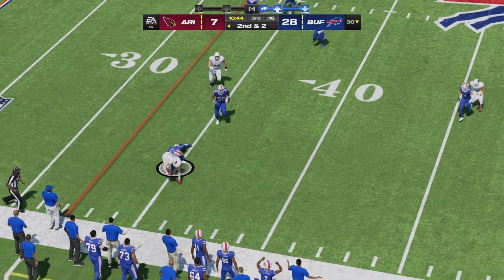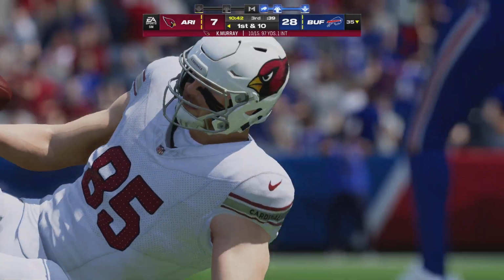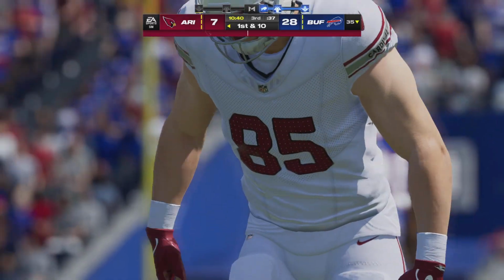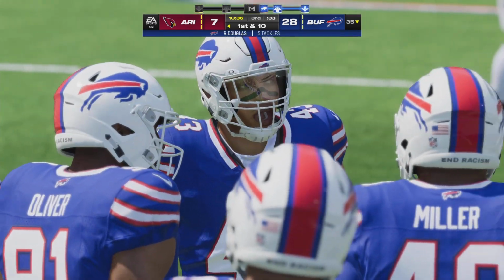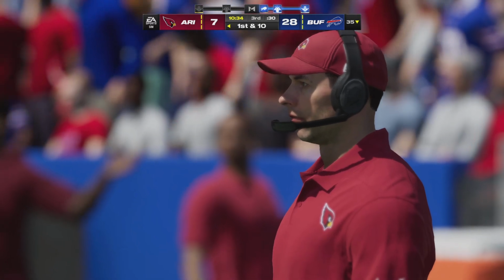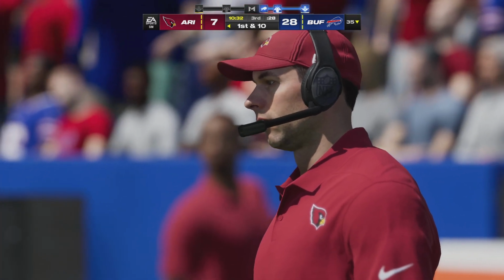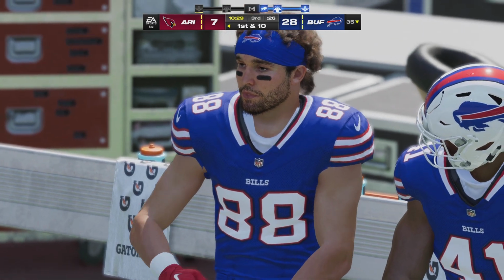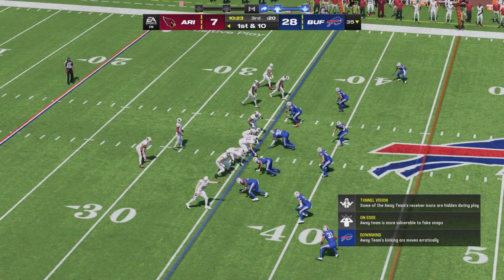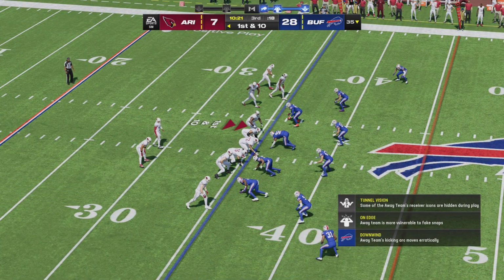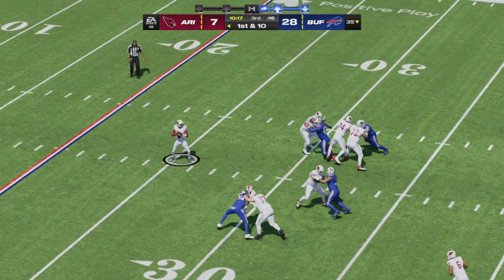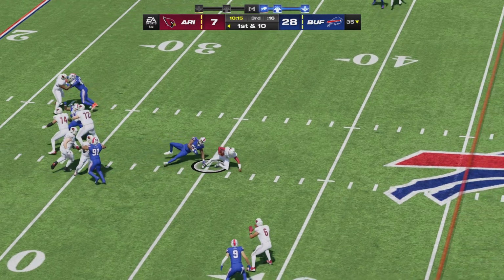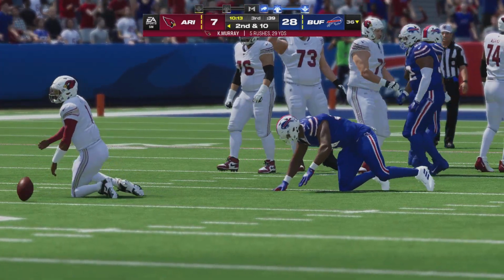A short one here, caught by McBride. A gain of 5, good enough for the first down. A few moving pieces on that play because that was an RPO, was it not? It was, but one important piece that didn't move incorrectly, the offensive line. Because when you're running this play, as he continued down the line of scrimmage, sometimes the lineman can wander downfield, and if you're more than a yard downfield, it's illegal to throw the football at that point. But they held their ground, held their spot, and turned it into a nice game.